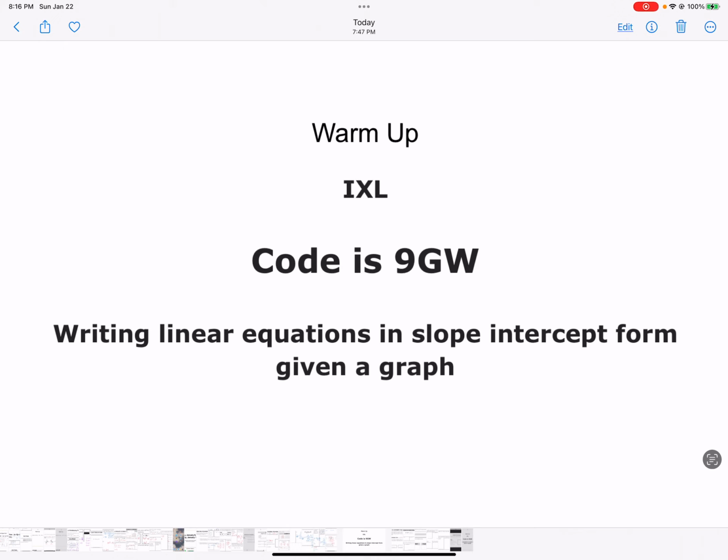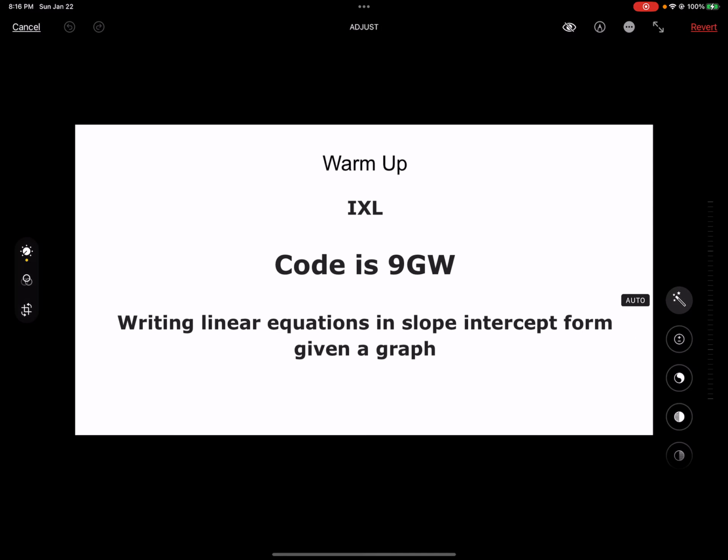This is the video that goes with the first file that will unlock the morning of the 23rd. This is on the product and power rule, so it should say something about A.11b. But what I need you to do first is